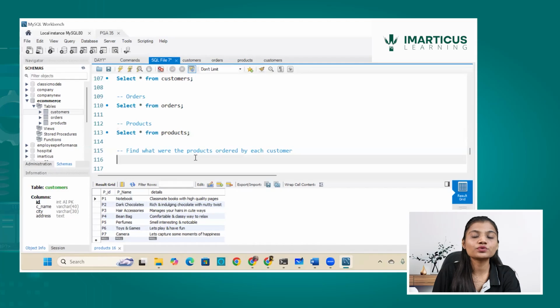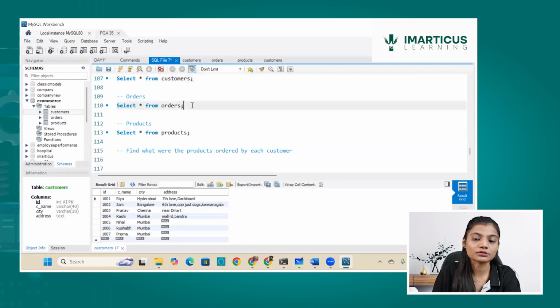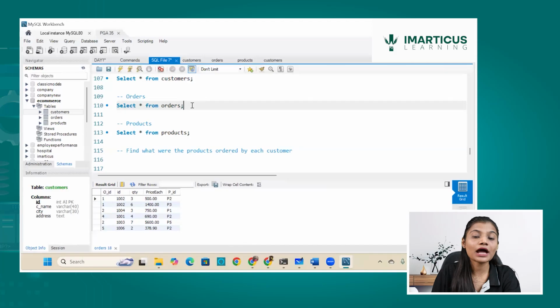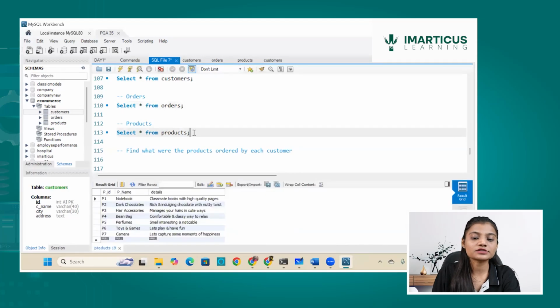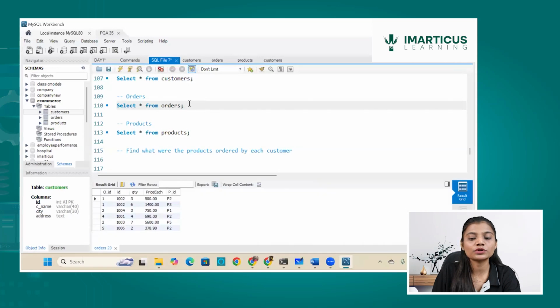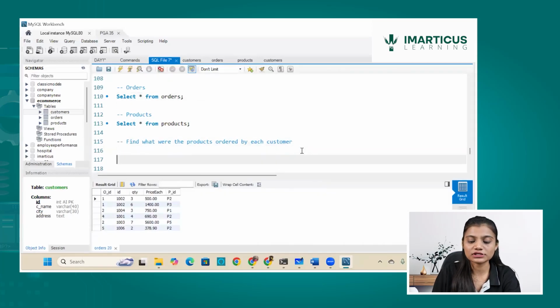Now I want to use three tables over here. First is the customers, then there are the orders, and then there are the products which are being ordered. Let us see how I can combine a customers table and an orders table. I need something in common over here. What is common? I know that ID is something which is common between the customers and orders tables. Then I have products. I have product ID and I can combine it with the orders table. So let us write the query for the same.